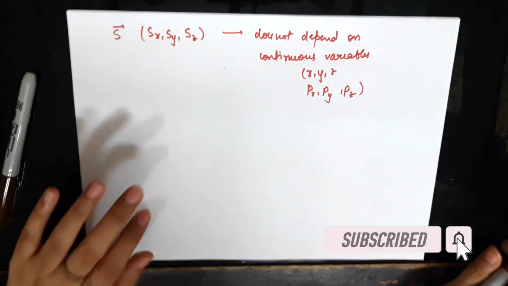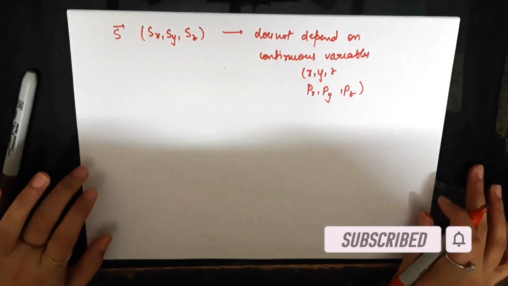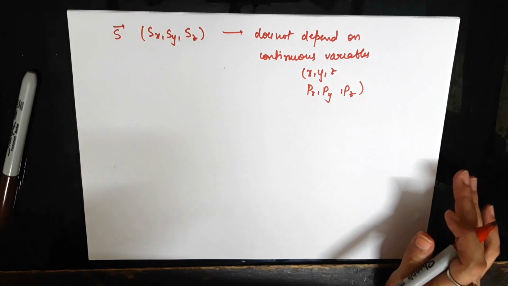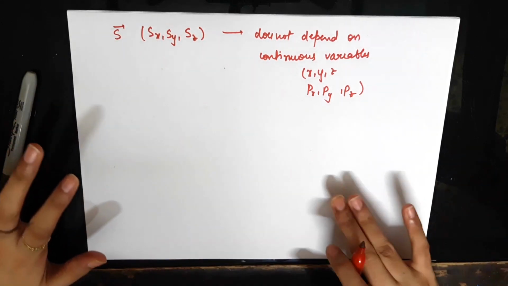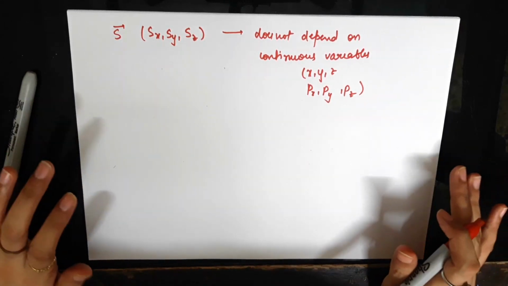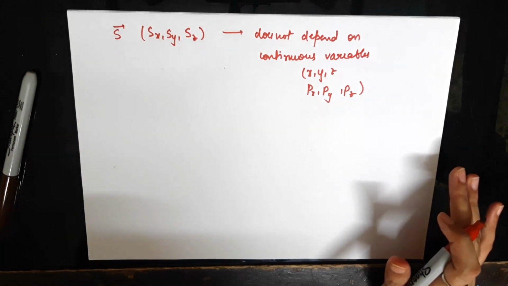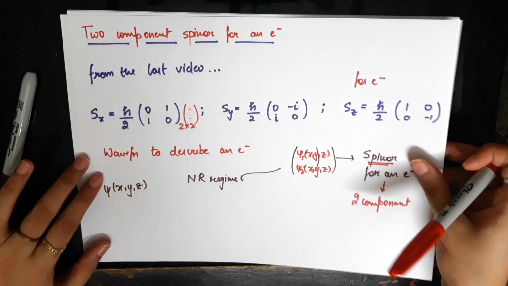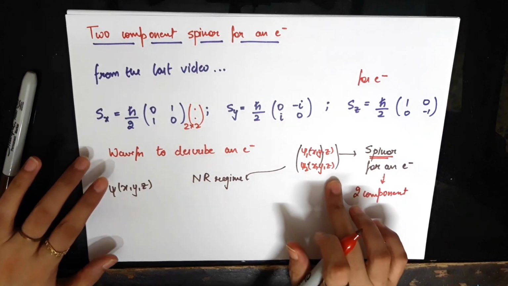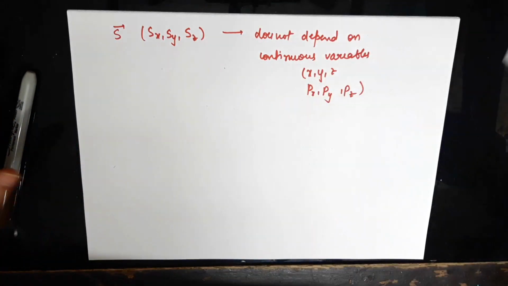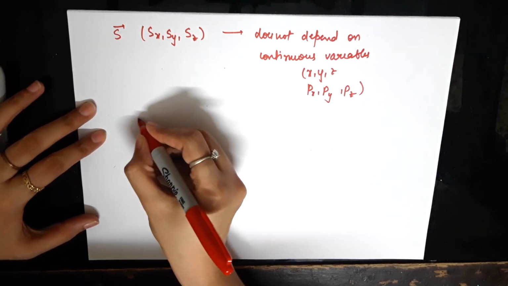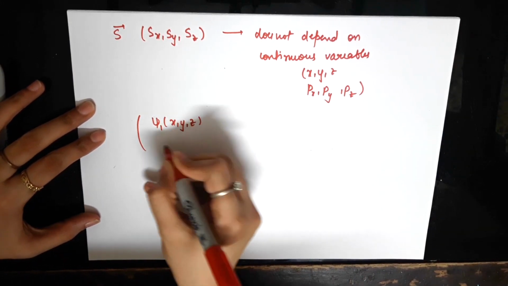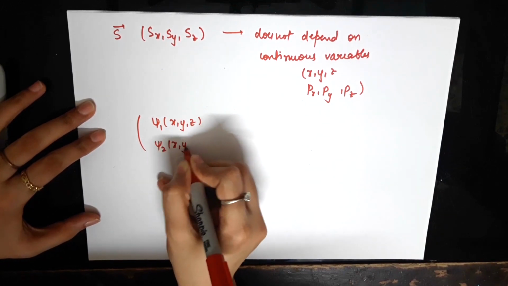Any continuous variable has nothing to do with the spin operator. So if you are just concerned about the spin degree of freedom, you are not concerned about the orbital degrees of freedom, or maybe you are not concerned about linear momentum or kinetic energies, etc., then you don't even have to consider that there is an x, y, or z dependence in this wave function. So what I mean is that in the most general sense, the wave function is psi1 of xyz and psi2 as a function of x, y, or z.